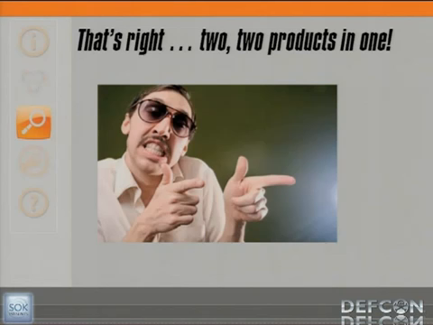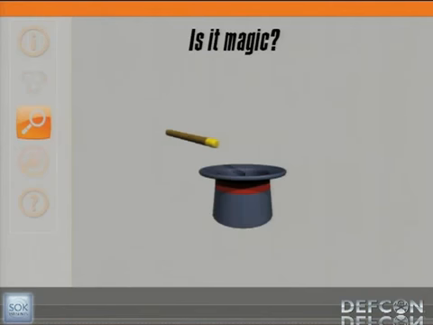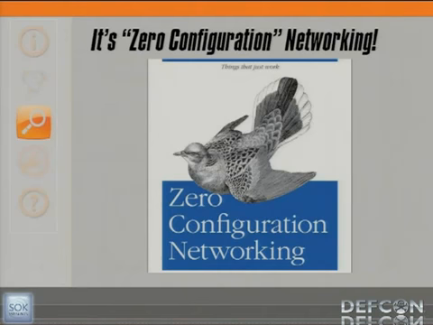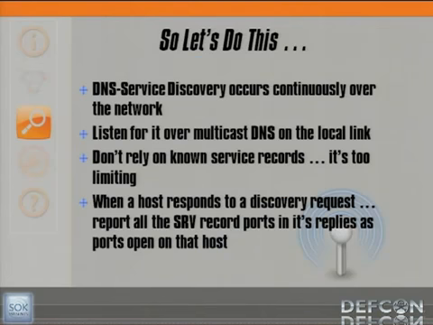So, multicast DNS, also running DNS service discovery, is two products in one. Is it magic? Nope. It's Apple's zero configuration networking. Thank you, Apple. So let's do this. DNS service discovery occurs continuously over the network. You want to make sure, for the user or for the software itself, that that list is fresh. So it's continually discovering this information out there, making sure that list is fresh for the software or for the user. So listen for it